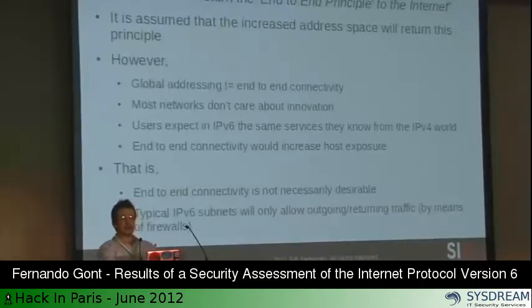Let's say you are running a company: you want your employees to be able to do email or web or whatever, but you don't want your own network to be used for innovation. That's not what you have that network for. Another reason is that the type of services users expect from the network are those services they already know. So there's no real motivation right now to change that completely, for example to allow end-to-end connectivity, because we don't really have a killer application that requires that functionality.